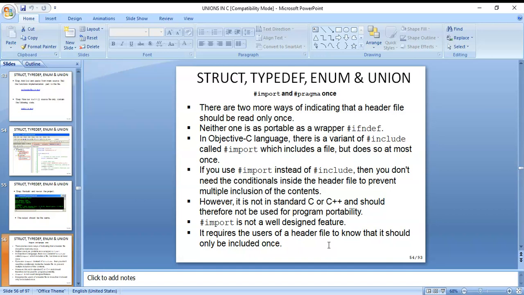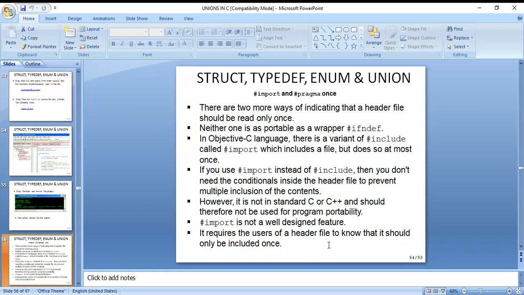If you use #import instead of #include, then you don't need the conditional inside the header file to prevent multiple inclusions of the contents. However, it is not in standard C or C++, and should therefore not be used for program portability.